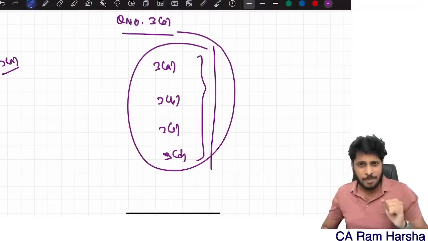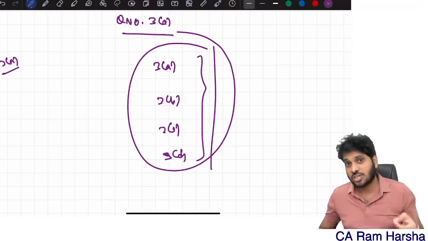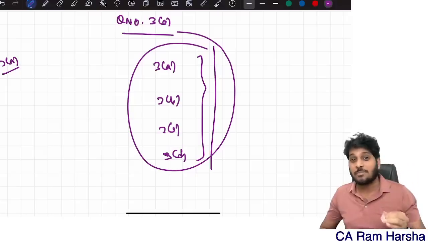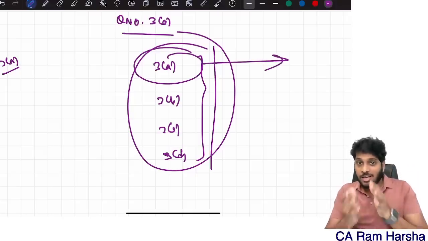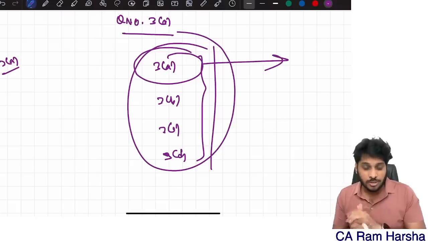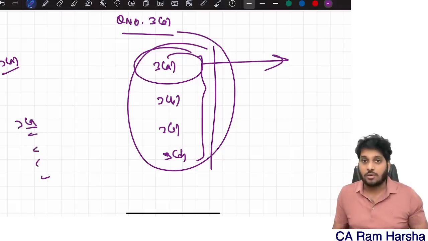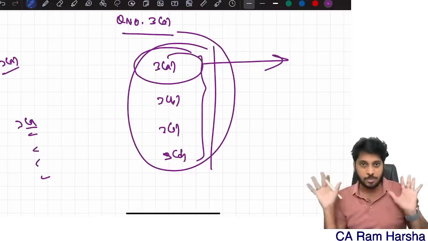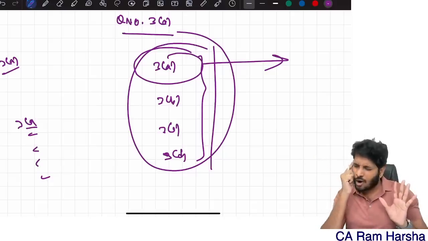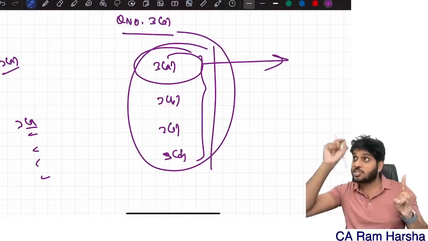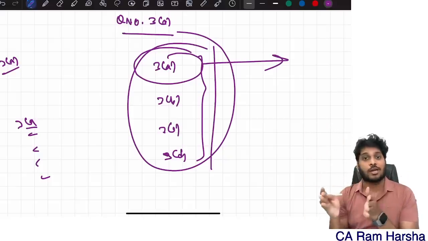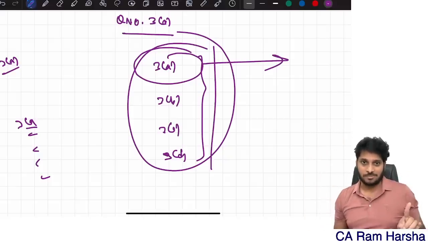Actually, in the answer sheet, you will have some instructions: all parts of the question shall be at the same place. What does question parts mean? In 3A, the answer is there. Some students write the 3A answer fully, then strike it off and go to the next page. Again, some point they will miss, some working note they will miss in 3A. What they do is put it on another page, as a continuation to 3A, working note 1. That is not permitted. Getting it?